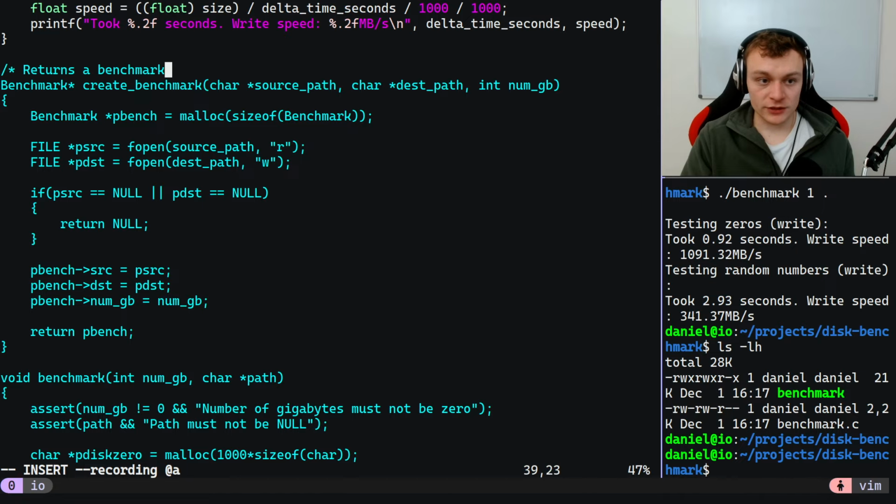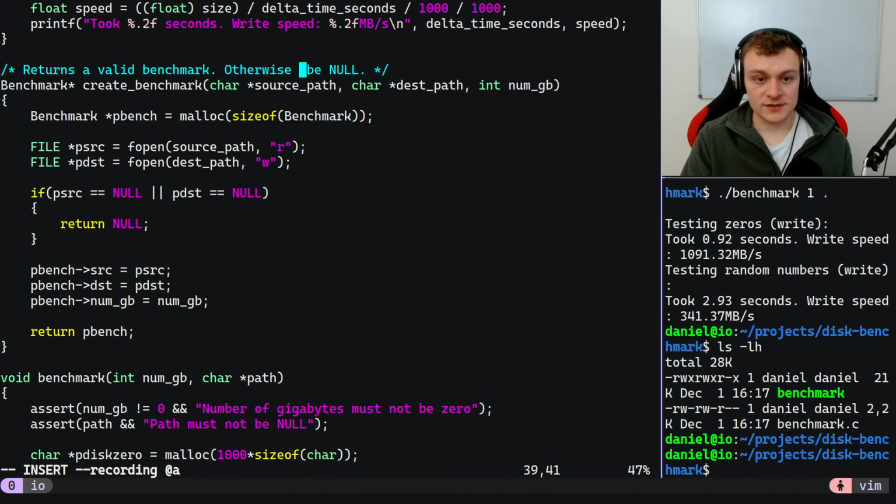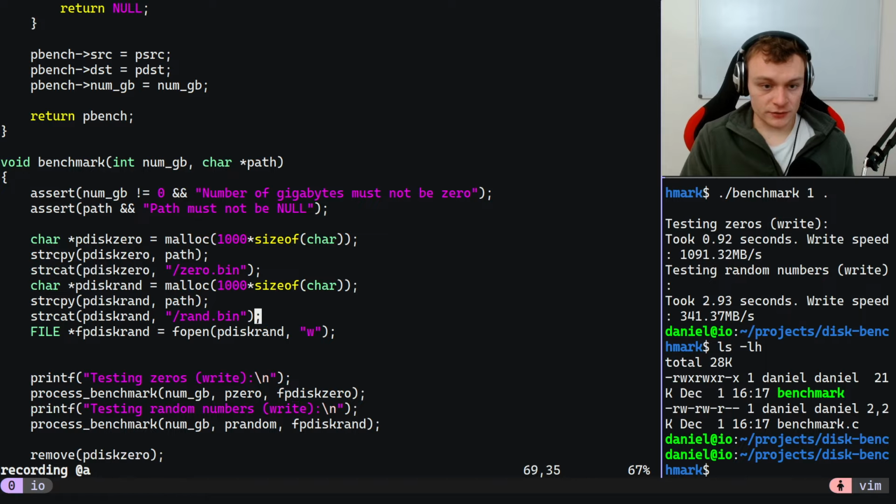Returns a benchmark, can be null. Returns a valid benchmark, otherwise null. Something like that. Some documentation is always helpful. All right, and then down here we can say